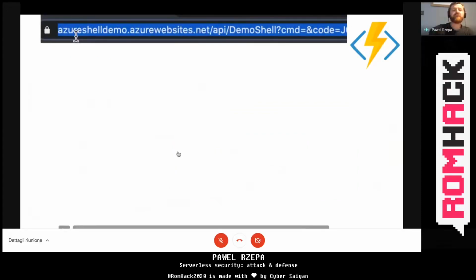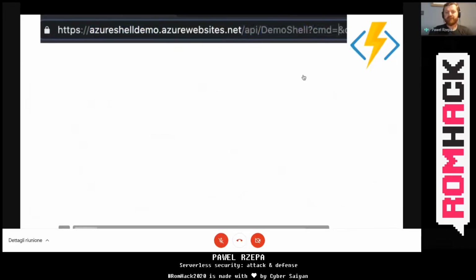Here I created the Azure Shell demo application. Here is the name of your logic app, and after API you can see the name of the Azure function. I deployed the demo shell, which allows me to give any command in the CMD parameter.